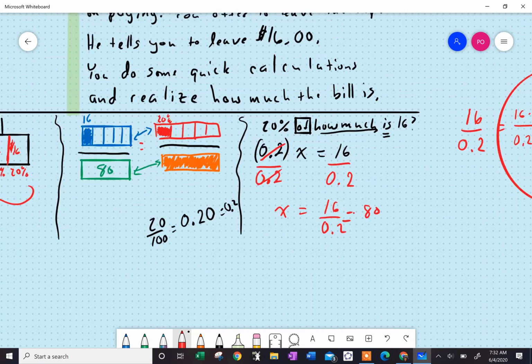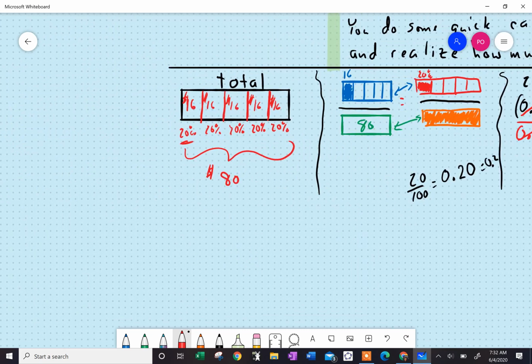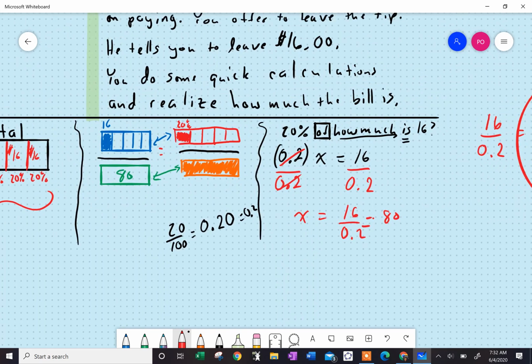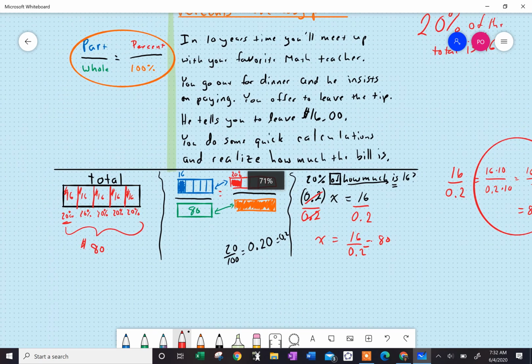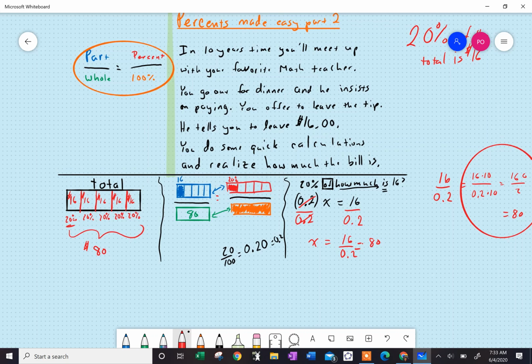So if you are looking for the total, I've just given you 3 different options in finding it. They all end up being the same thing. They all end up being $80, and it kind of requires you to understand how fractions work and how percents work, but using pictures really, really helps. By the way, I'm going to do one last